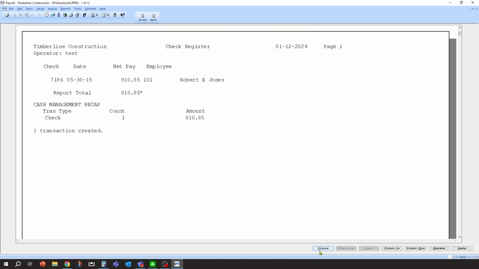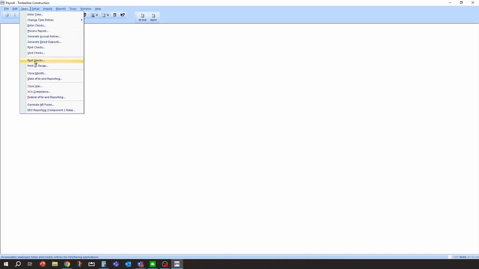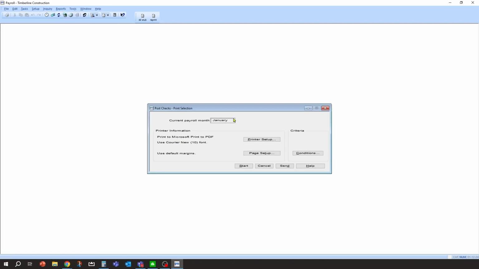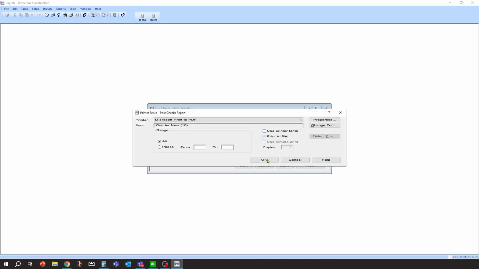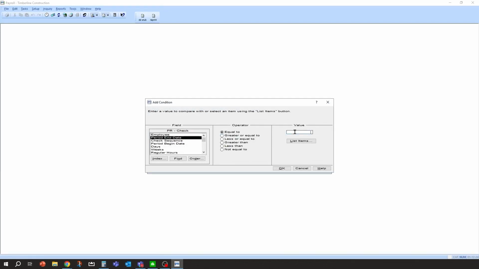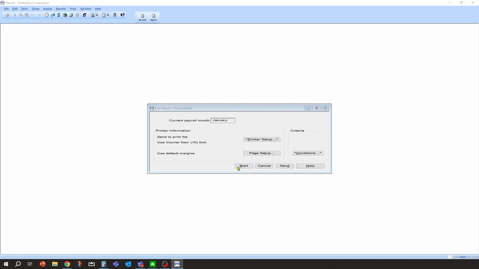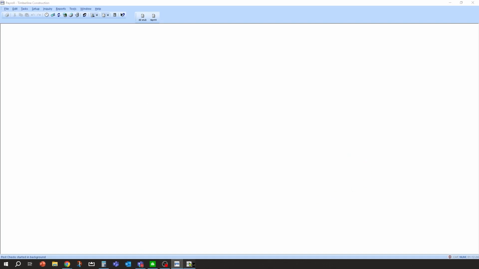So if we go and look at our printout that we did, the posting. Oh, I must have a manual post on. Oh, I didn't post yet. I'm sorry. We need to post payroll. Post checks. And let's just print that to file. I'm going to start. Actually, let's put a condition on it. There might be some other data in there. And let's go 5/30/15. We'll just post that one. I'll call it post. And we'll let that post, and then we'll go take a look at it.